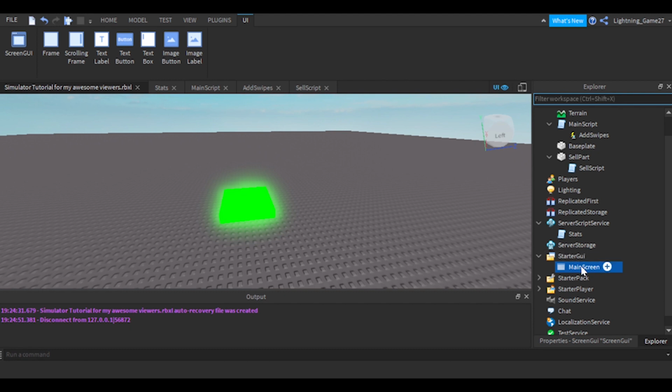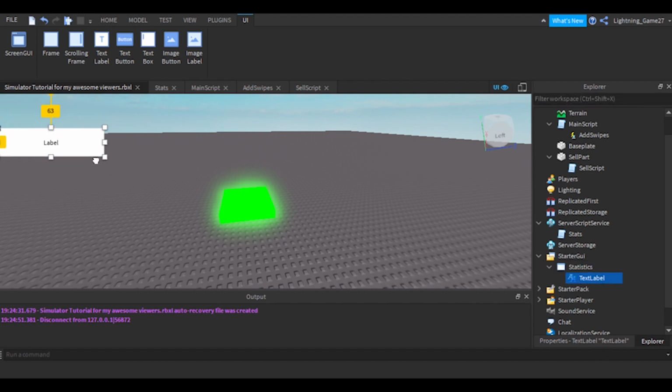Actually, I'm gonna name it statistics, because this is showing the statistics, and I'm gonna insert a text label which shows the stats. Gonna add some aesthetics, so I'm gonna resize it first just to make it stand out